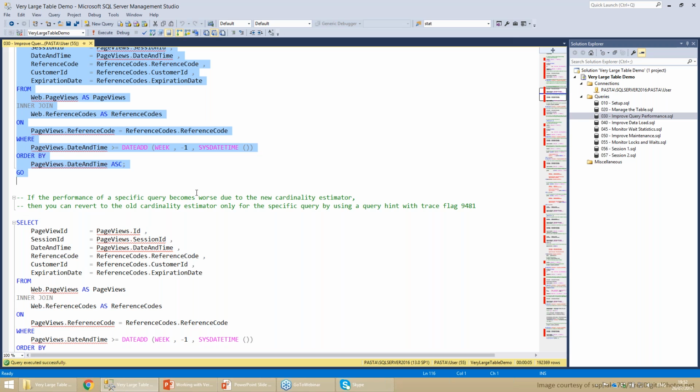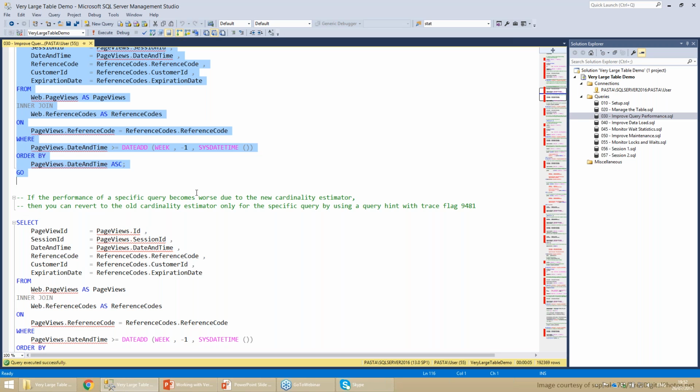And it's because of the new cardinality estimator. So you might get better plans in some cases, you might get worse plans in some other cases. And in the cases where you get worse plans, it might be dramatic sometimes. So of course, what you need to do is to optimize those queries and improve them and make sure that under the new estimator, you get a good plan.